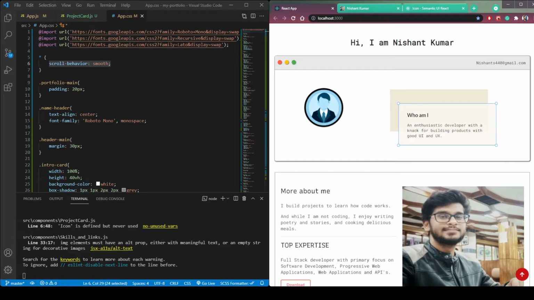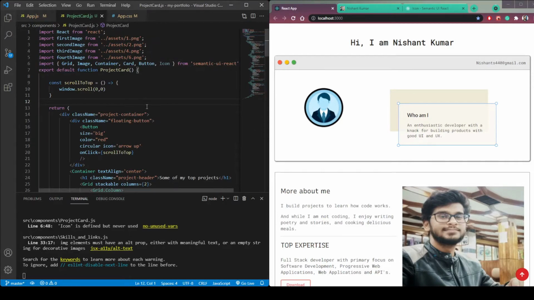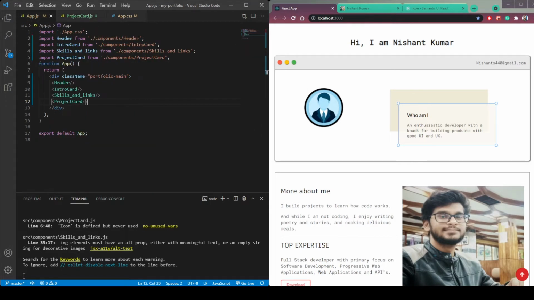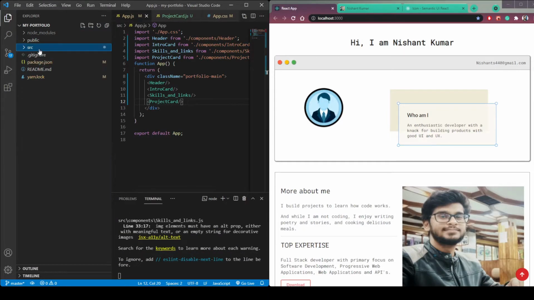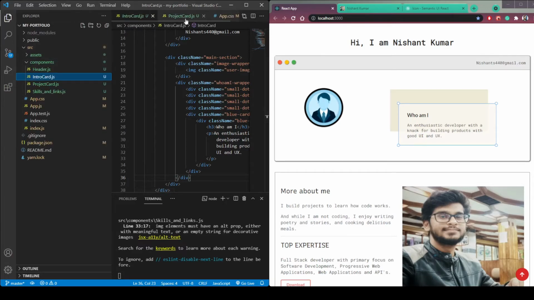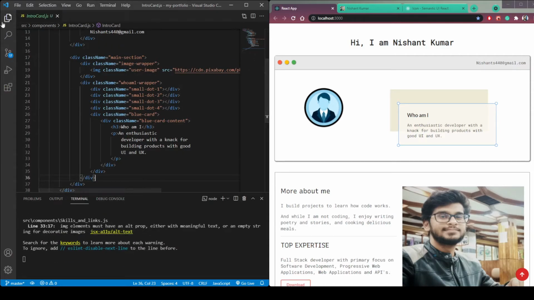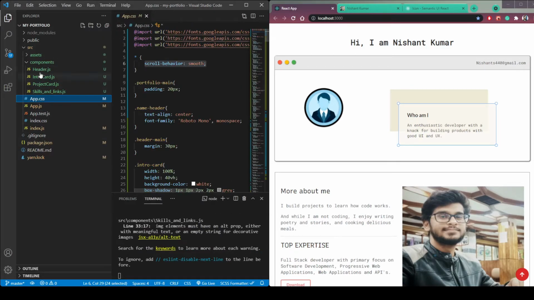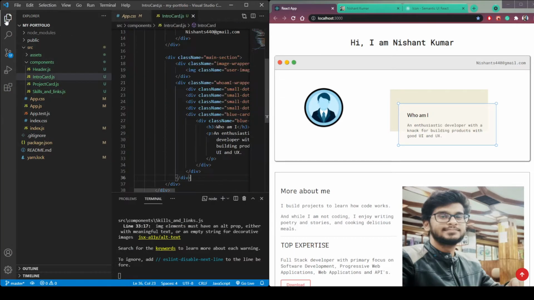Now let's create two icon buttons to change themes. So close this assets folder. In this intro card we will work. So close app.js, project card.js and app.css, or we need the app.css, so keep it open, and this intro card.